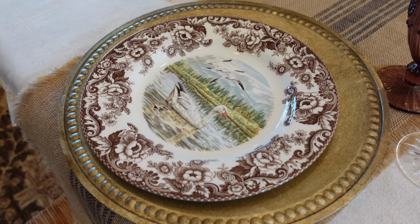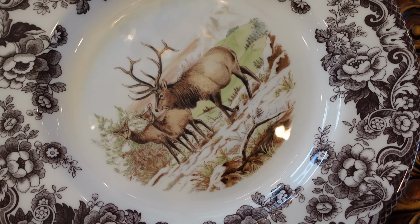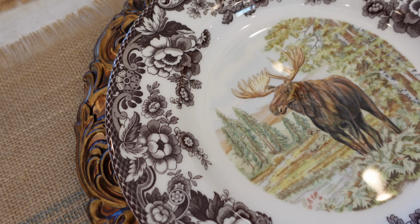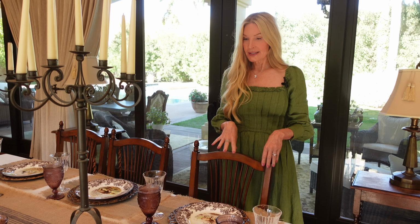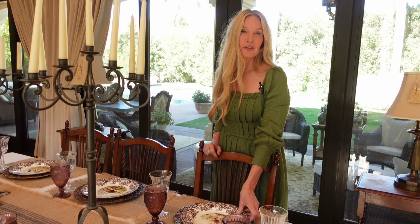The Spode Woodland plates are so charming, and they have all different kinds of animals. Some even have fish, some have horses. There are some that are better for spring and some that are better for fall. Like for instance, I use them for Easter, and there are some that are bunnies and just more spring animals. These, I mostly used the fall ones, including the dogs, which are really sweet, but they just make for fun